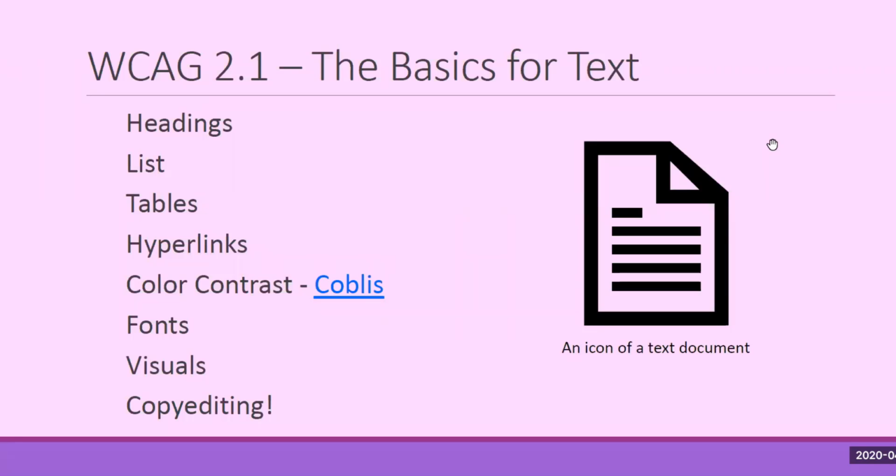Kind of the same with tables. A screen reader is going to navigate that and it's going to read it out as column 1, row 1, and then the text, column 2, row 2, and the text. So if it's not something that has to be in columns and rows, you're adding a lot of extra things for your non-sighted students. When it comes to hyperlinks, and I've got an example here next to the color contrast,